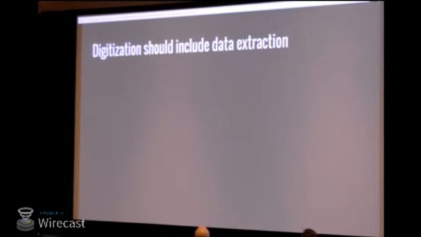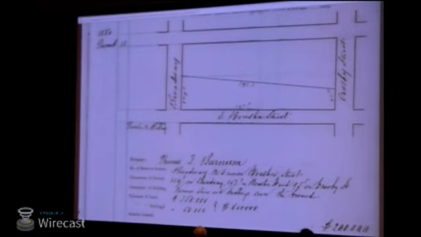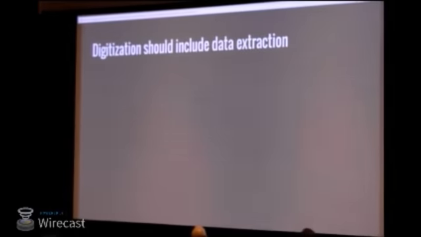Which leads me to this idea. I want to strive to extract the semantic content from the bitmaps that we're producing out of digitization, because it's frequently not about the image. There's nothing objectively beautiful about this image, as far as I'm concerned anyway. It's more about we digitize these things because of the data they contain. And the thing is that computational methods so far can't really compete with humans for this kind of thing,